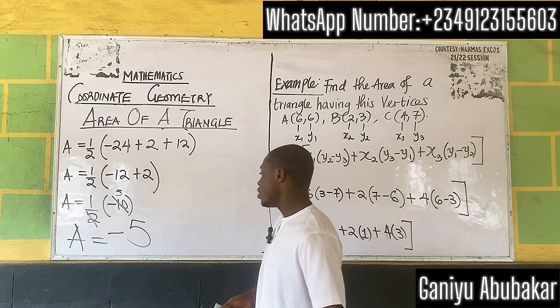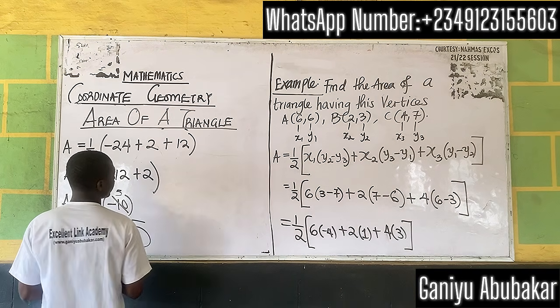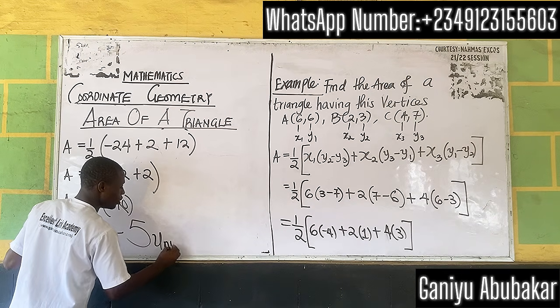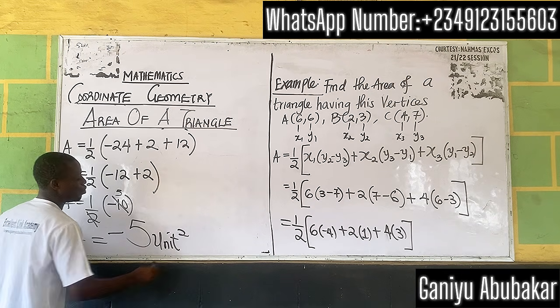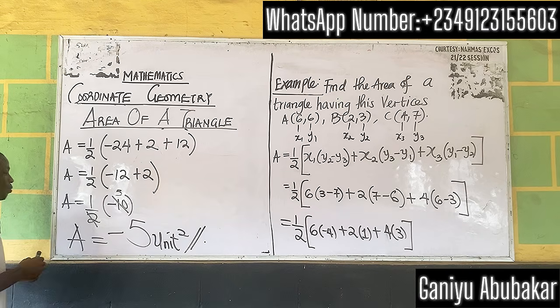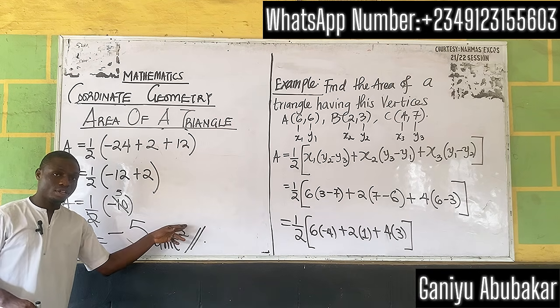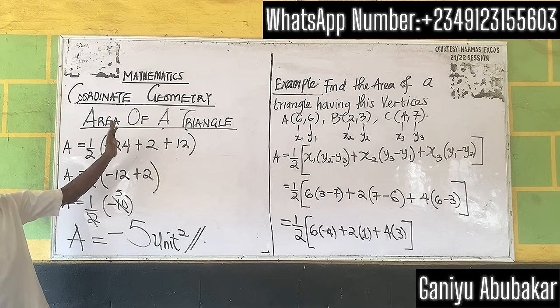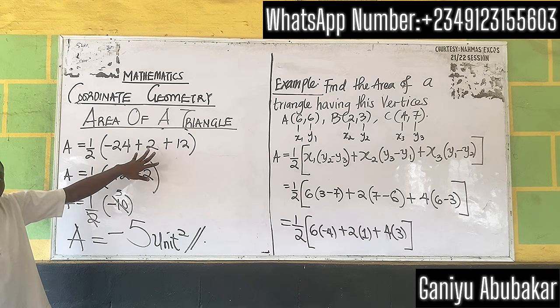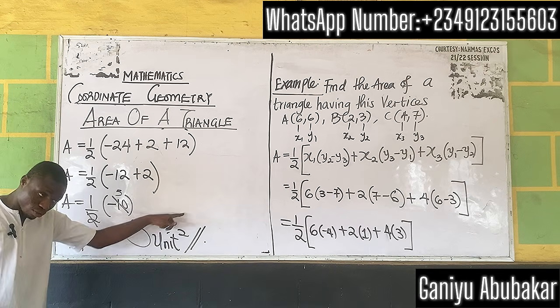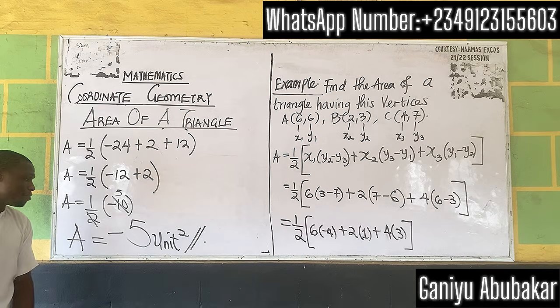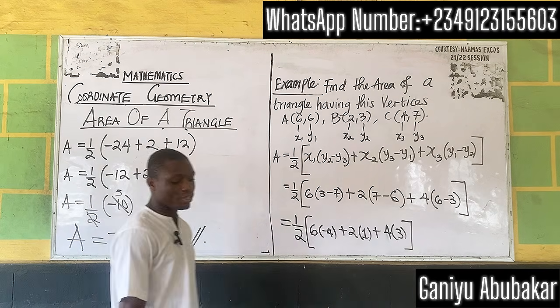So by the way, since it's area and they didn't give us anything like meter, so use unit square. So unit square will be the unit here because area is in square. We don't have any unit here, anything like meter, centimeter, nothing here. So just write out unit square, right? So that signifies area. So my answer is negative 5 unit square. This is how I solve